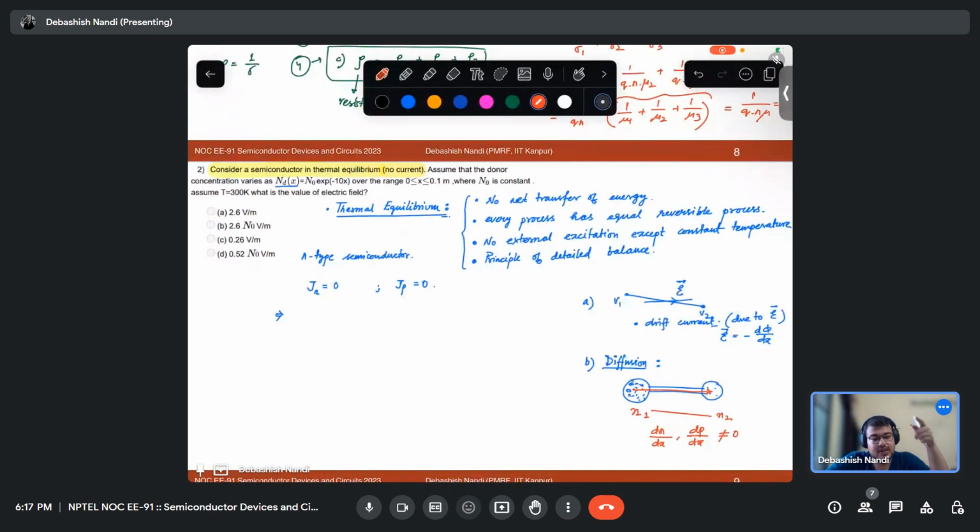When you light up, let's say, an agarbatti, there will be smoke coming out with high concentration, and it will eventually get distributed and float around the entire room. That is what is called diffusion, the process of diffusion. So can anyone tell me if carriers can move from low concentration to higher concentration also?